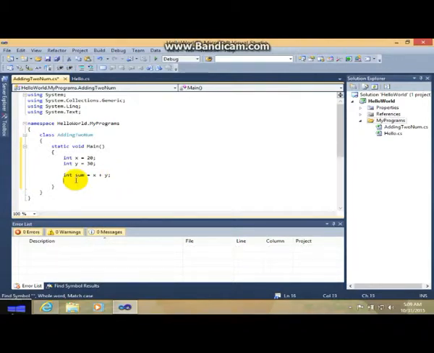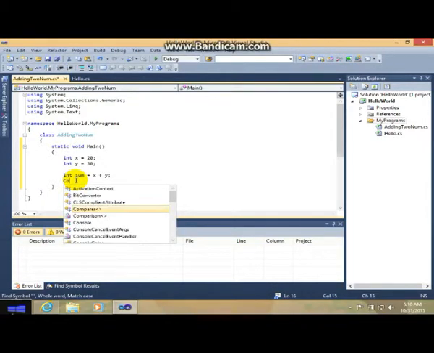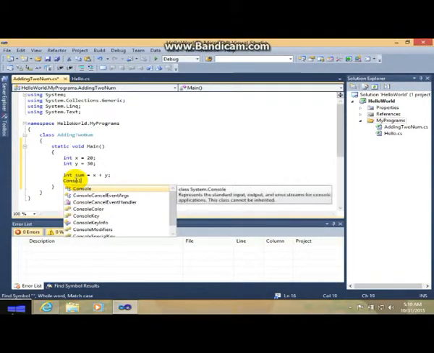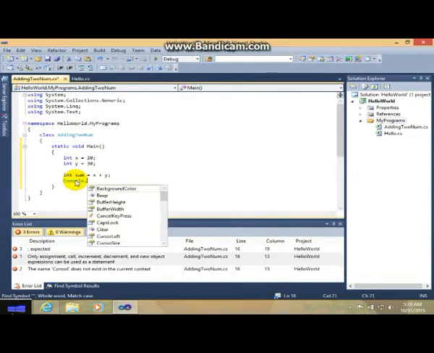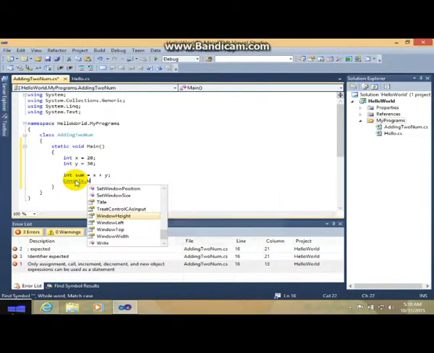Once you've done that, you want to display on your screen the sum or the result, so I will show you how to display. If you want a simple display, just type in console, like what we did last time. Console.WriteLine.